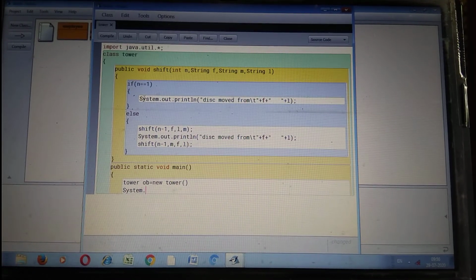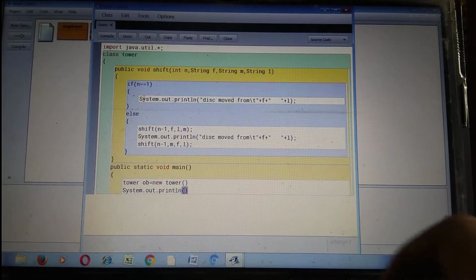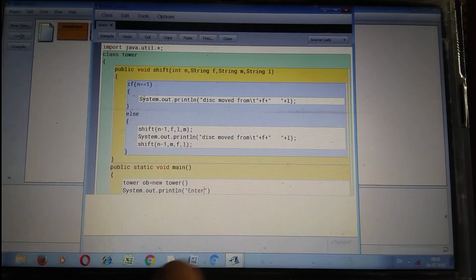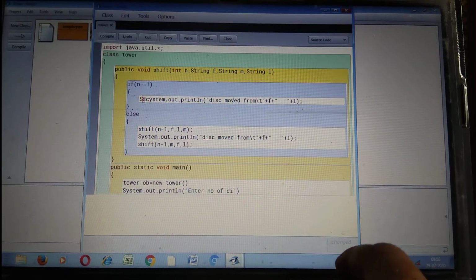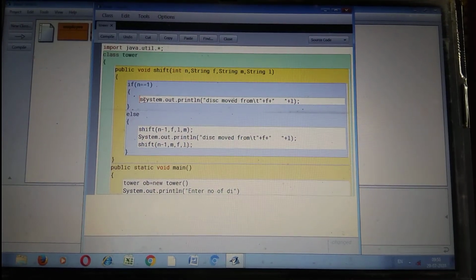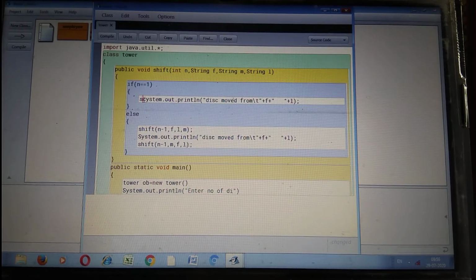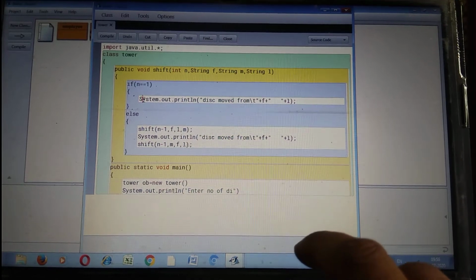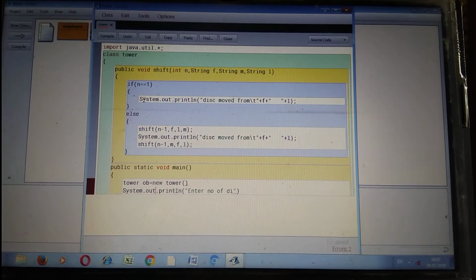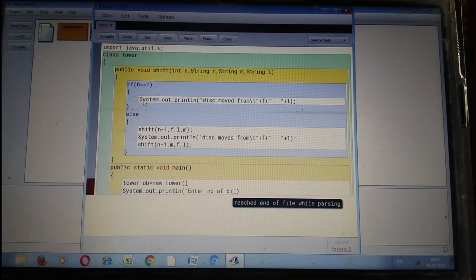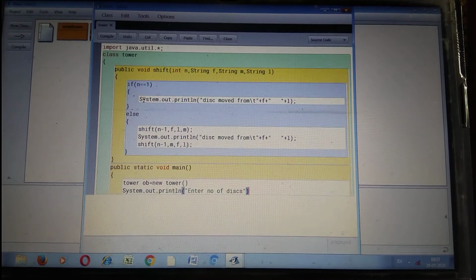System.out.println, enter number of disks.